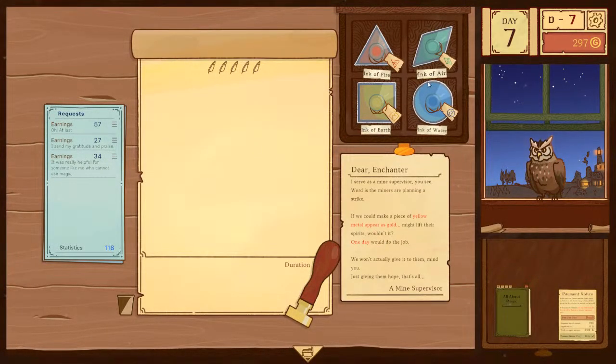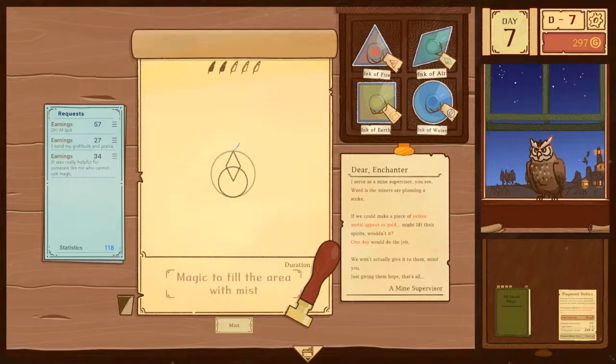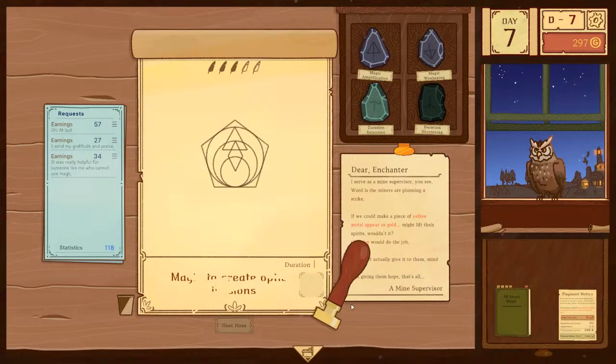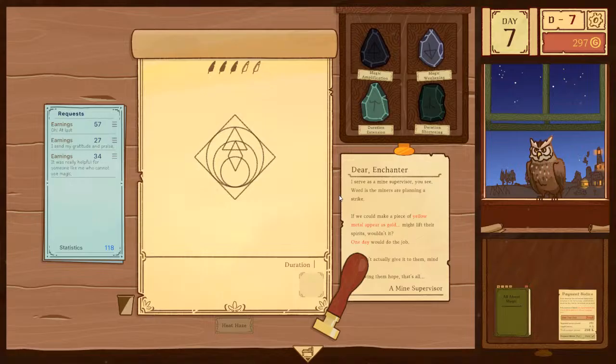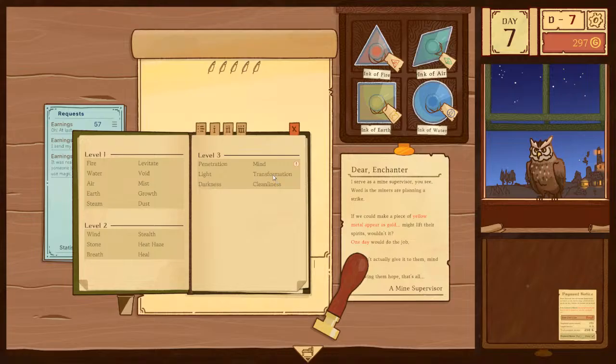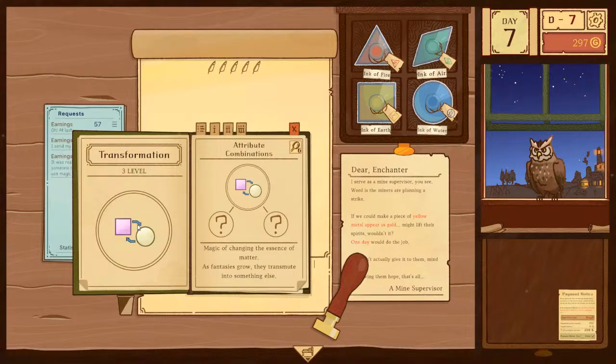So, illusion magic. Let's start with air. Looks better. Oh, that triangle is so far left. It's fine. Just hallucinations. Confuse the mind. I don't think that's what he wants. Transformation.